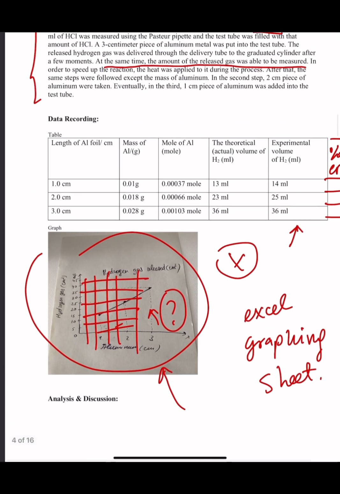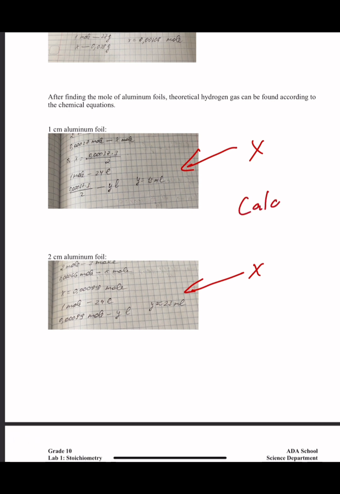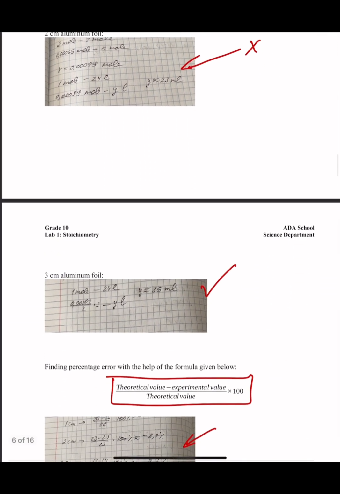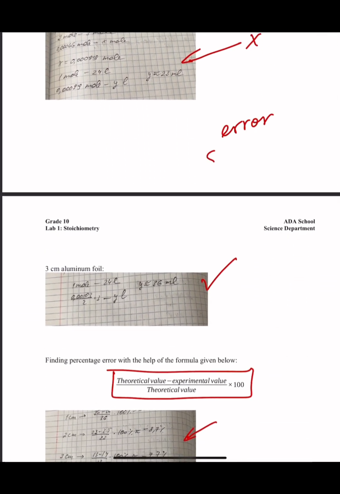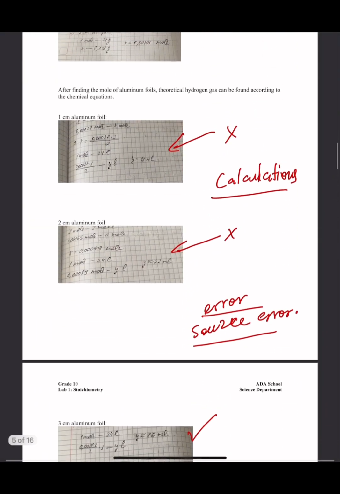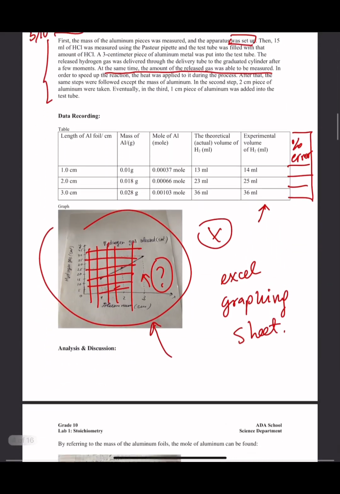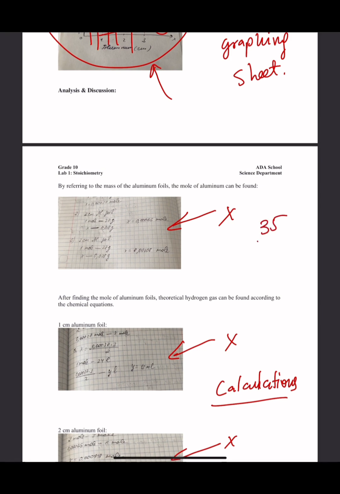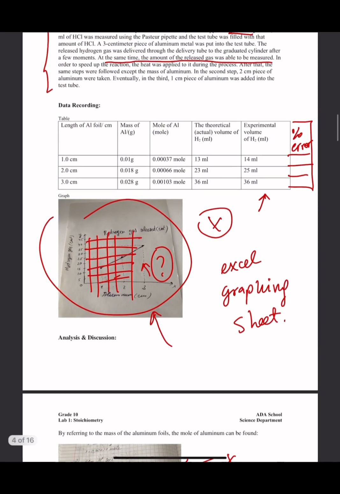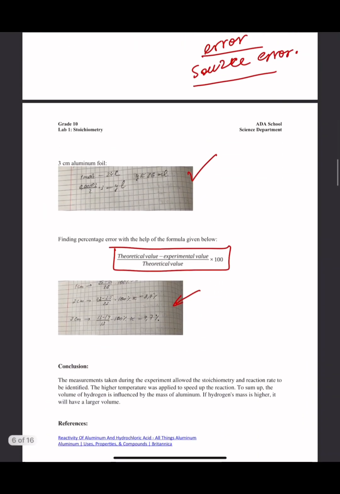The only thing that was given in analysis and discussion section was just calculations. They didn't talk about their calculations, what those results meant, and how the errors occur, what was the source of error. This stuff needs to be discussed. So none of this stuff was discussed, so I'm gonna cut quite a bit of points for this. So most likely I will give around 35 for this person, because I need to compare it with the other one's work, as I said, with the average. So 35 for this is gonna be given, and then because I'm cutting a lot of points for not explaining the stuff.